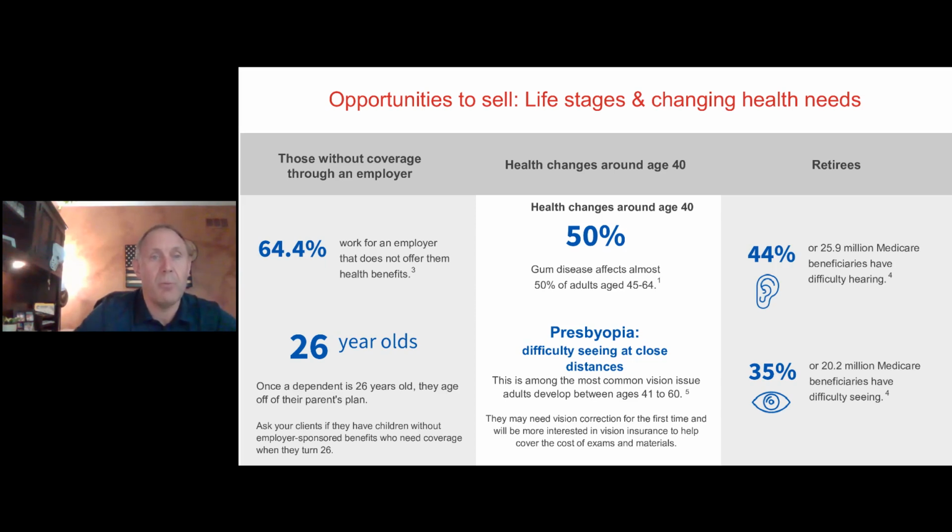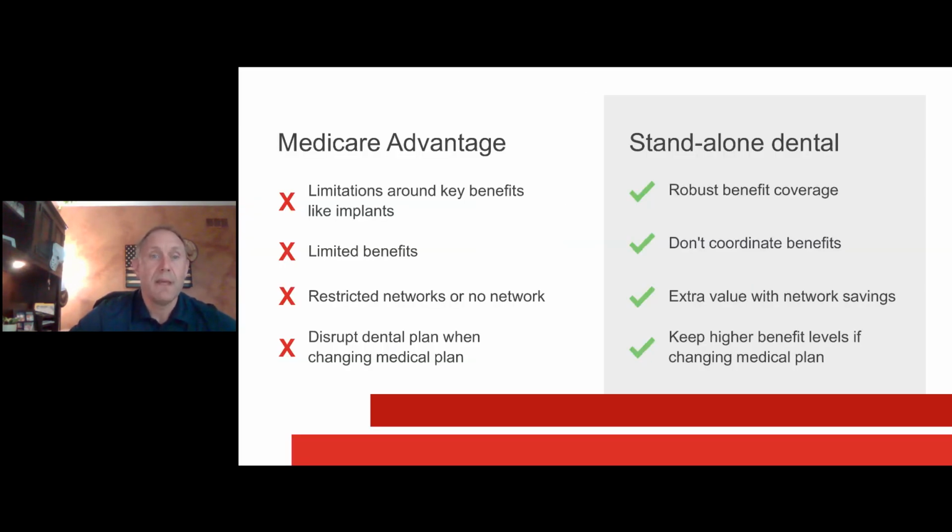Another one to keep in mind, and this issue just came up on a case here, is a 26-year-old. A lot of times that's when someone's going to age off their parents' plan. They need a new plan of their own, and that becomes a new client for you. So keep some of those things in mind, but there's plenty of opportunity and plenty of demand in your dental and vision space. And especially as we move into enrollment season,